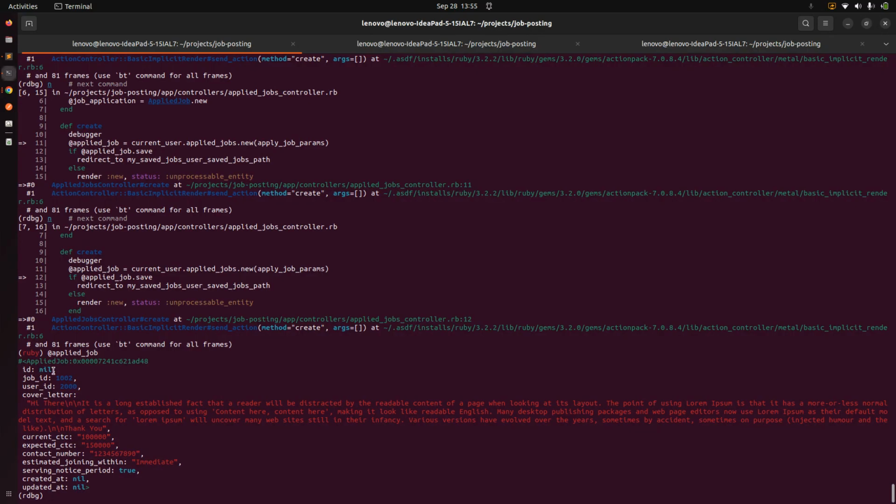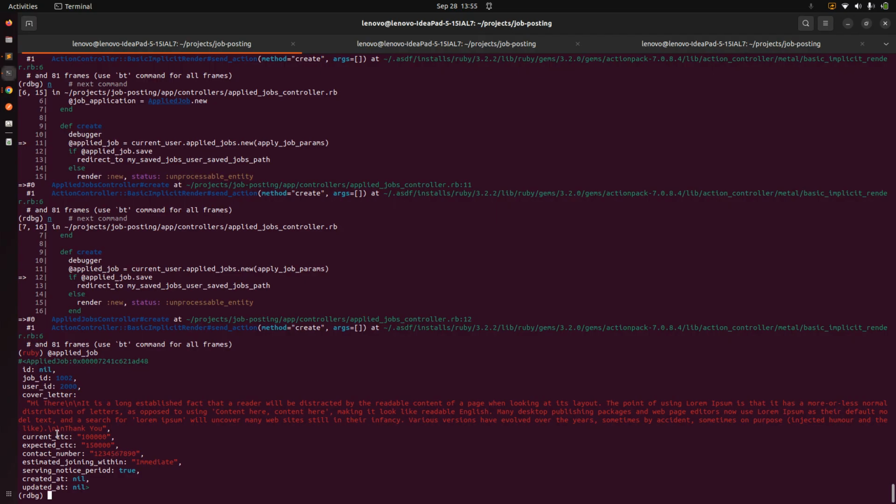The id is nil because it is not saved, because we are at this line and it is not executed yet. That means we just have the instantiation of the applied job object for the current user. Here is the user id, which is the current user id, and then the cover letter, current ctc, expected ctc, contact number, estimated joining within, and serving